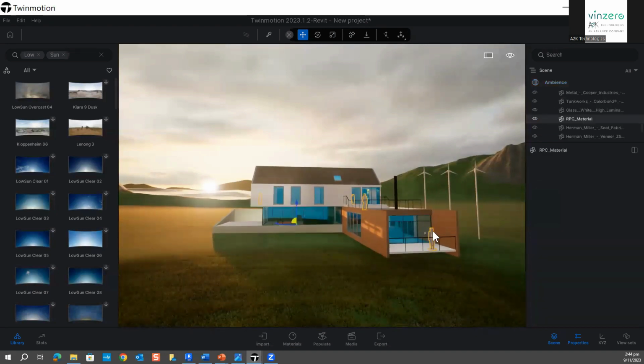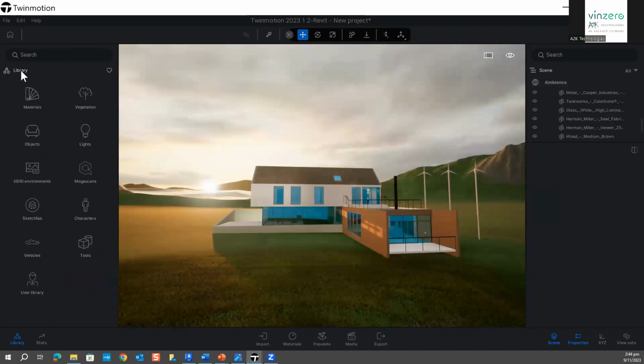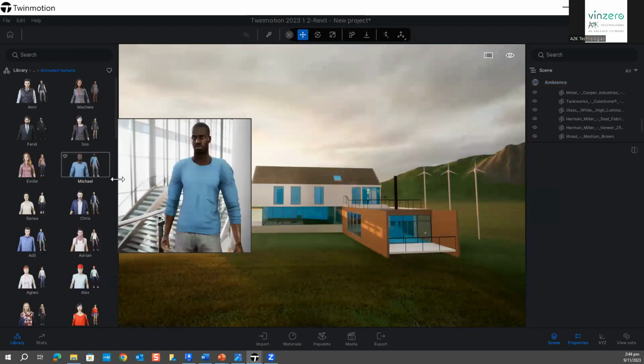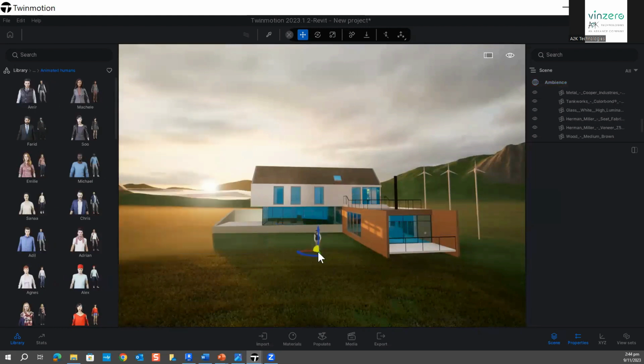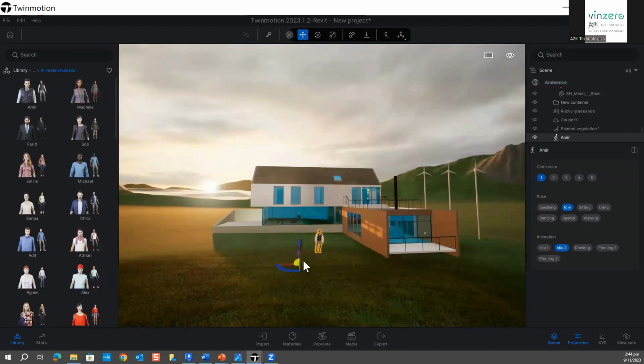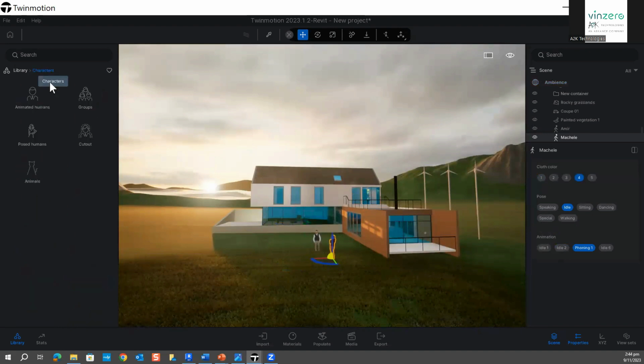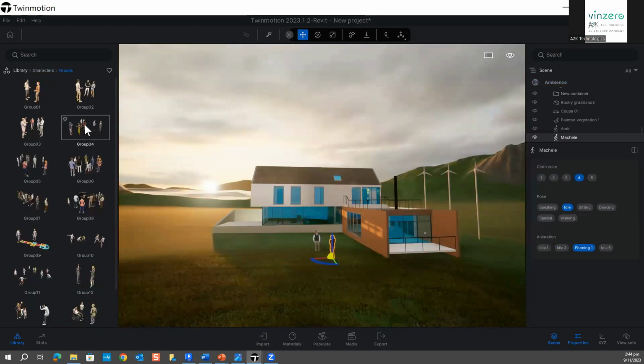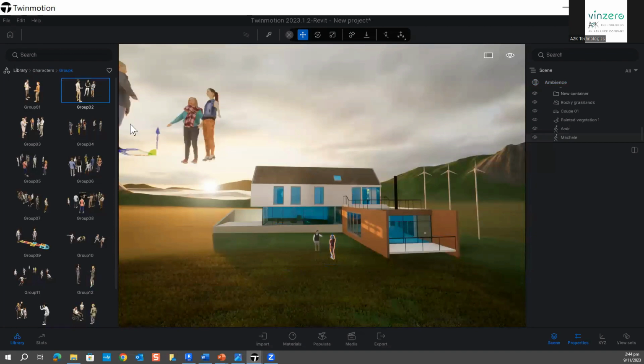I select all the RPGs from Revit, people from Revit, I delete, and I can, from here, say I use my characters, and just start putting there, shell, maybe. And we can select groups, for example, groups of people talking,